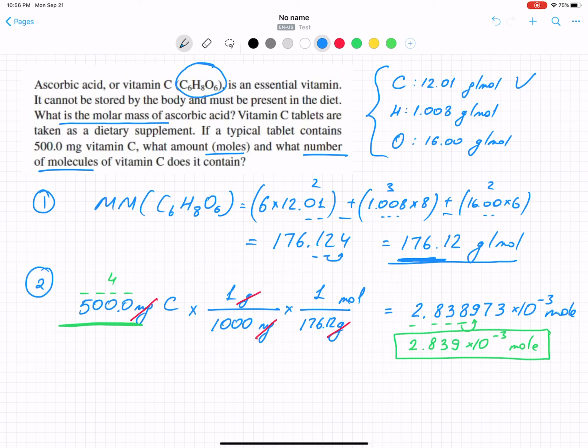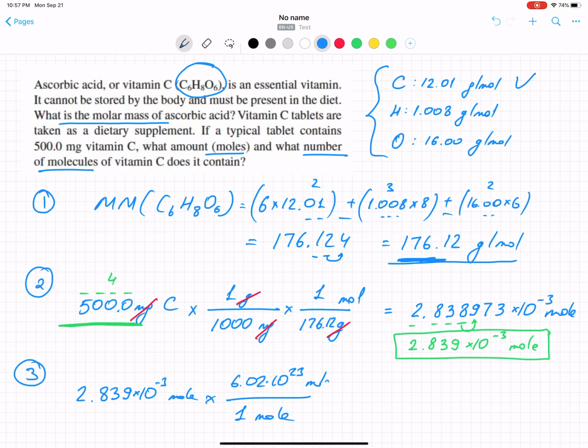Now the third one, they're asking about the number of molecules, and since it's a number of molecules, we need to use the Avogadro number to solve that. Okay, we have this mole amount, we can use it for the third one: 2.839 times 10 to the negative 3 moles. We need just to convert that. And we know that 1 mole always is equal to 6.02 times 10 to the power 23 molecules. I'm going to cross out mole, and I'm going to find that